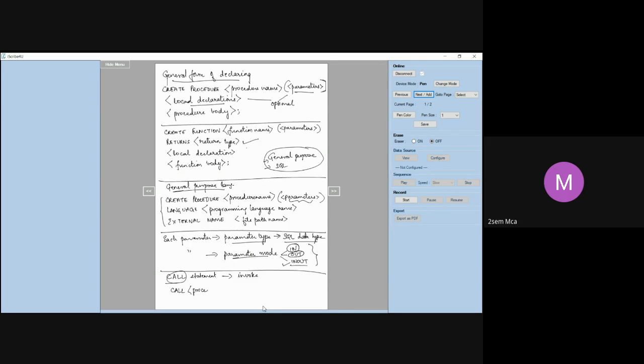I write here. Syntax is procedure, or it can be function name also. You can either call a procedure or you can call a function, and then I will pass some arguments. This will be your argument list. Semicolon. Okay. Call procedure or function name followed by argument list.